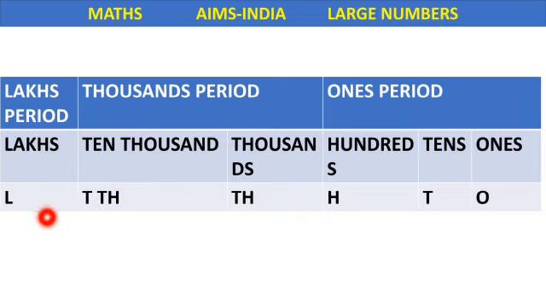And what are these letters here, children? These letters are what we use to denote the place values. Instead of writing such big words every time, we use a shorter letter. O represents ones. We use T to represent tens, H for hundreds, TH for thousands, T TH for 10,000s. Here T is for 10 and TH is for thousands. L is for lakhs. Remember this now, children, because it is important for our today's topics.